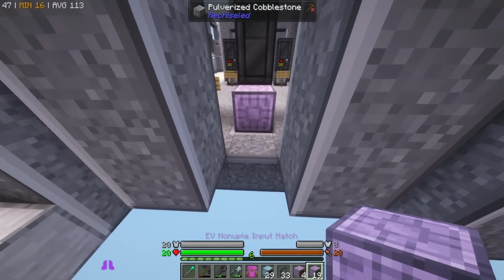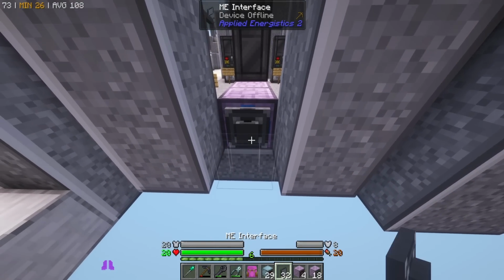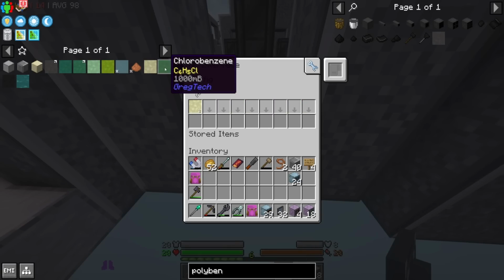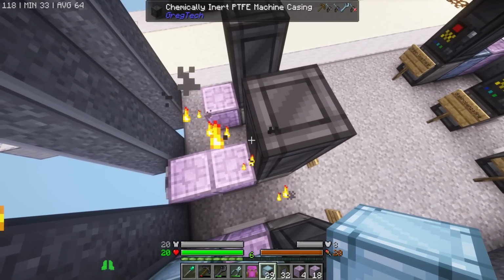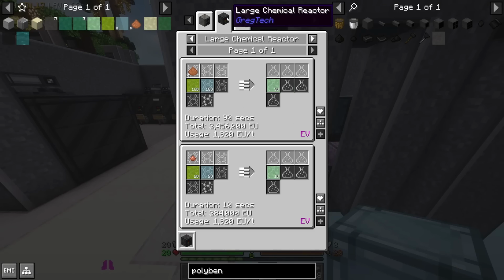So again, very simple, one hatch. Interface, nitration mixture, and chlorobenzene. And as well, two output hatches. So the final recipe is